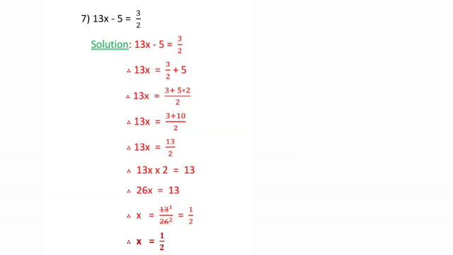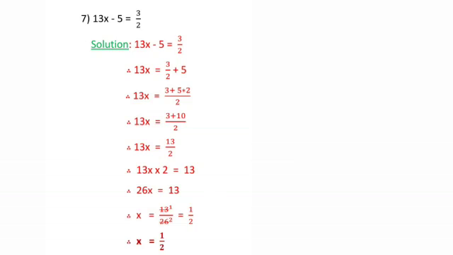So 13x is equal to 3 upon 2 plus 5. Now 5 does not have a denominator. So when there is no denominator, it means it is 1. Now to your right hand side, you are first going to do the cross multiplication. So 13x is equal to 3 upon 2 is to be multiplied with 1 and 5 is to be multiplied by 2. So you are going to write therefore 13x is equal to 3 plus 5 into 2 upon 2.